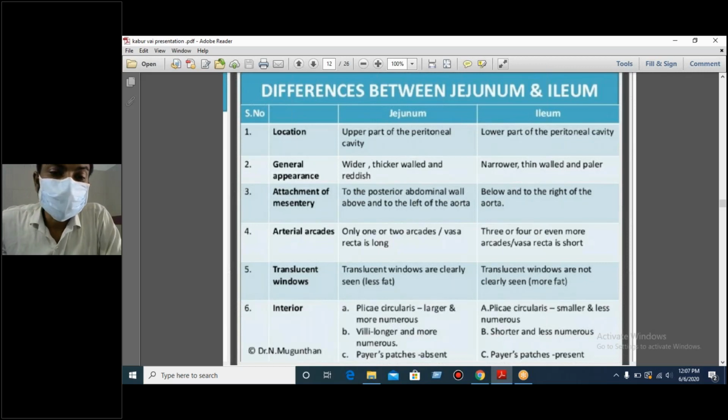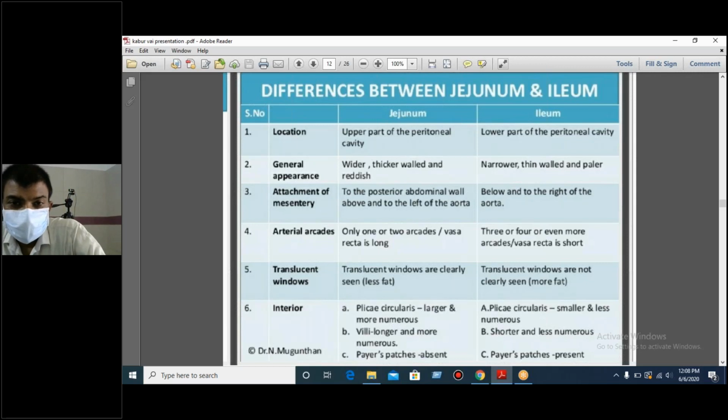Now, the attachment of the mesentery to the posterior abdominal wall: above, to the left of the aorta, and below, to the right of the aorta. Arterial arcades: in the jejunum one or two arcades and the vasa recta are long; in the ileum 3 or 4 arcades.